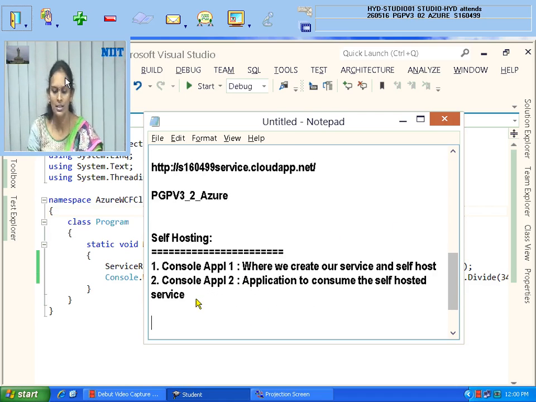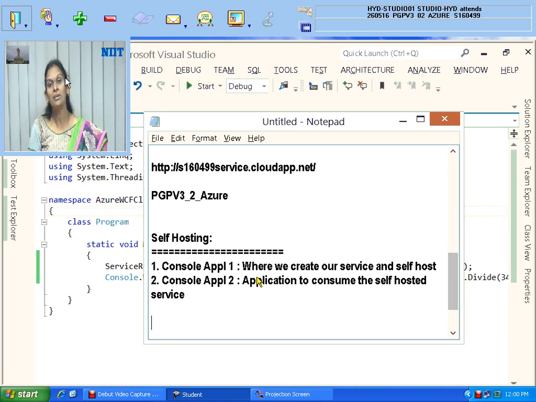So this is a very simple thing, not very difficult. Some of the predefined classes you need to know, and I told you about ABC, that means address, binding, contract, which is called an endpoint. Any client who wants to interact with your service cannot directly interact with your class. They can interact with the gateway.